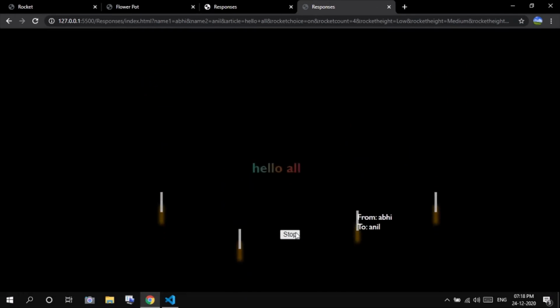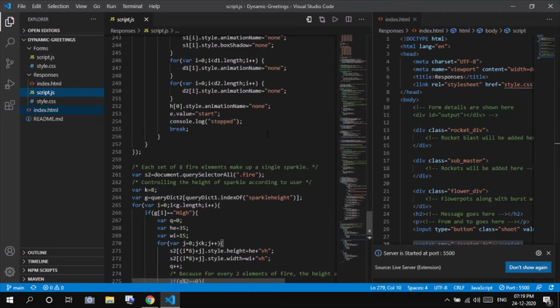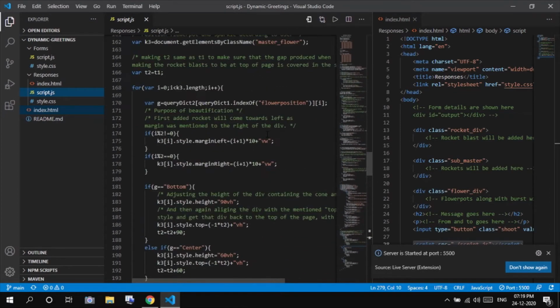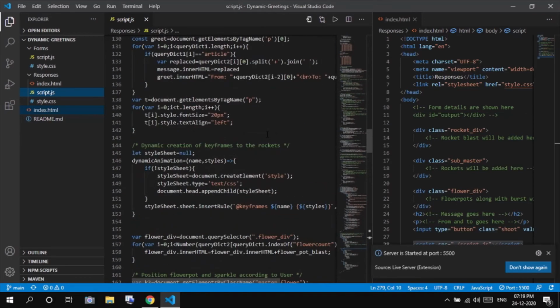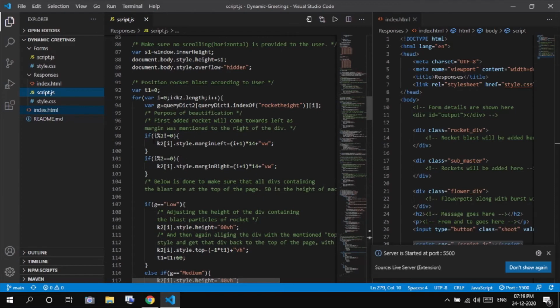you can see that the blasts are coming accordingly. The first rocket will be this one, second rocket will be this one, third one is this one, fourth one is this one. These are positioned in such a way because of the position of the rocket blast according to the user.